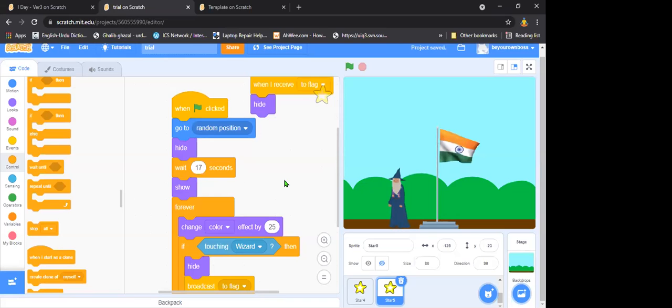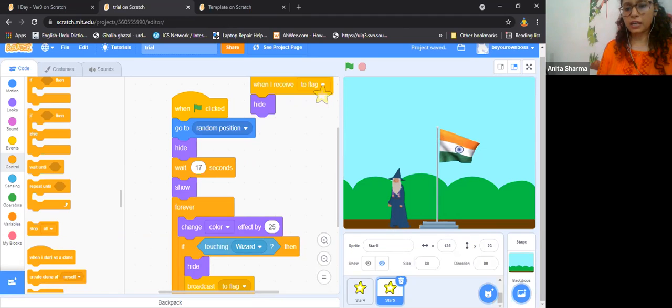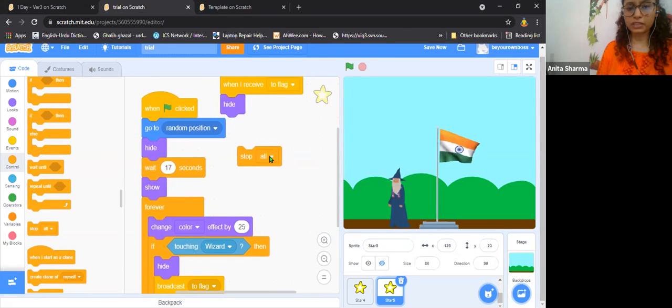Okay, all right. So fine, I'll go back. As I told you, we need to add one more code so that this problem won't occur. Everything should stop when the flag is there. So there is a block, stop all, but we are not going to stop everything here.